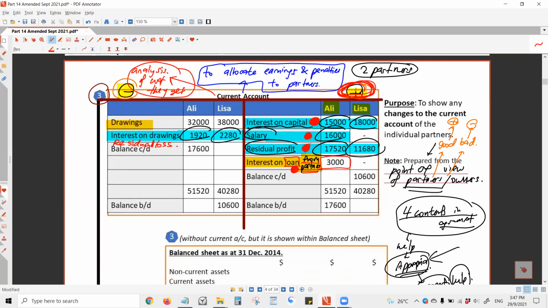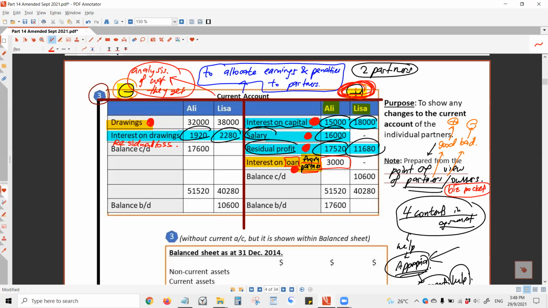Okay. Now, that's it for the credit side. Look at the debit side now. I know drawings means they take money out of the business for personal use, right? Then if you think from partner's point of view, it means that money getting into their pocket, right? This is actually the other way around, because drawings means they take from their business pocket. I know it sounds very misleading or confusing.